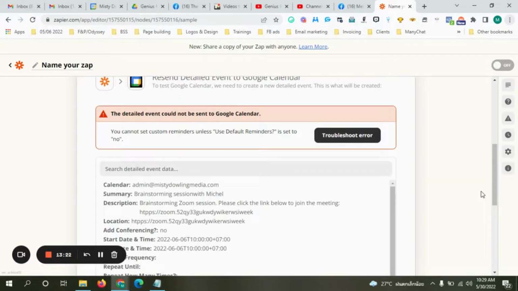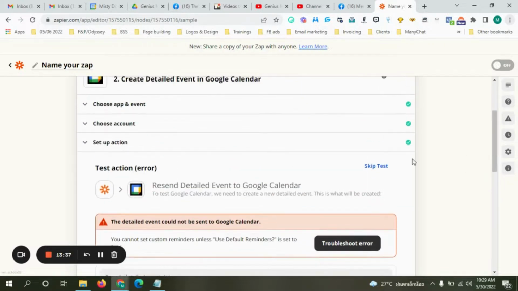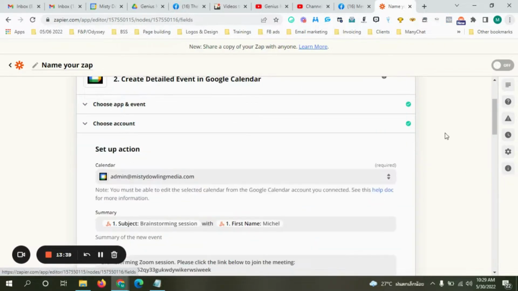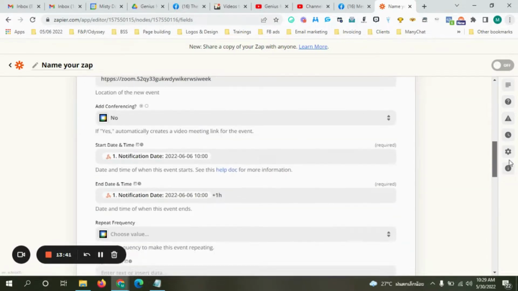And indeed, it is good that I have tested this because it has a little error. We cannot set custom reminders unless we use default reminders, which is set to no. That makes sense. So I'm going to have to go back in to set up action